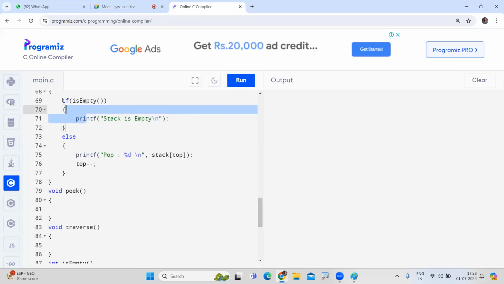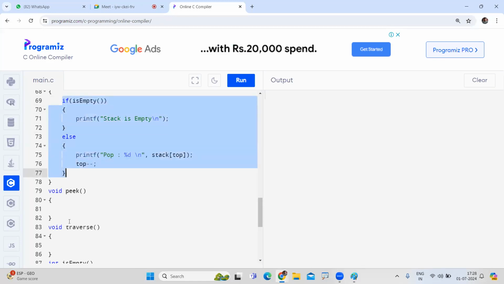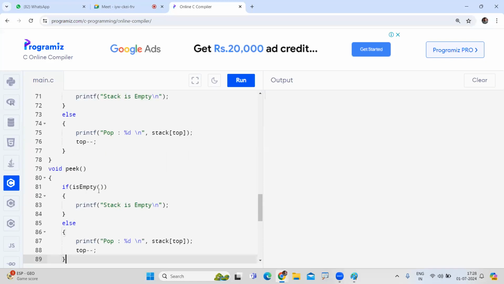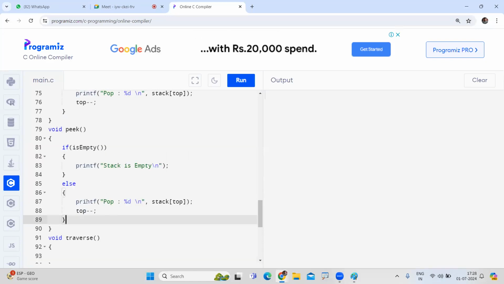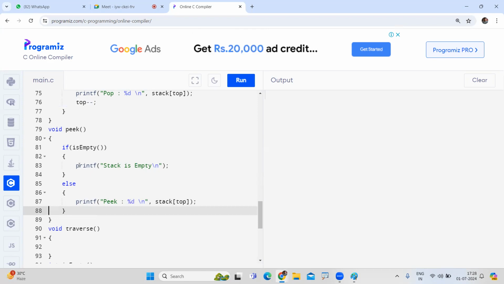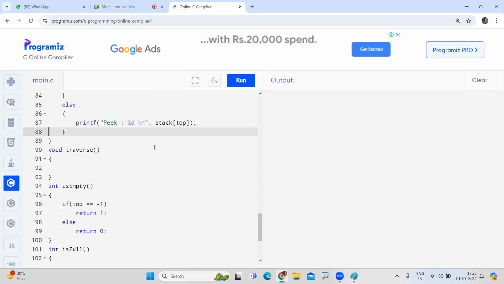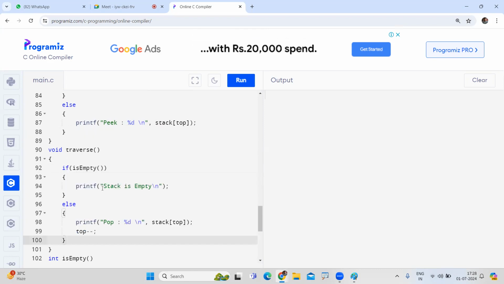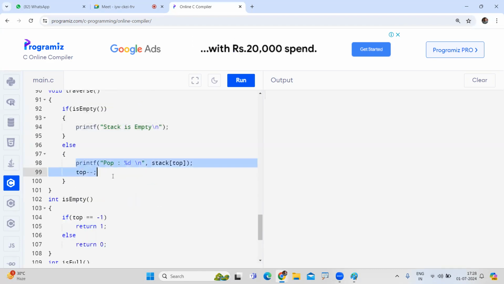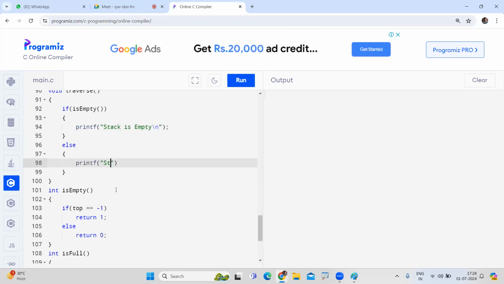Peek is also the same. See, very easy. Peek means if stack is empty, of course is empty. Else, just print the peek value. That's all. Don't write top minus minus. Don't delete. Only display what is the peek element. And what is traverse? If it is empty, stack is empty because nothing is there to print. Else, we are printing stack elements are